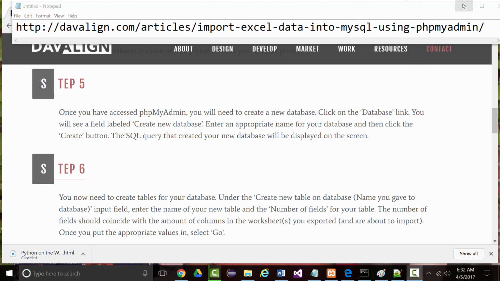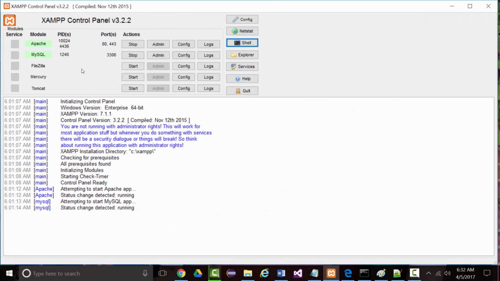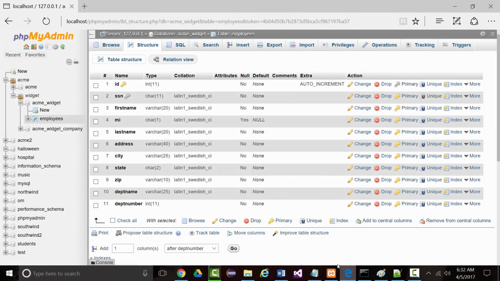In the last video, I went through the first four of these particular steps. So now I'm up to step 5. Once you have accessed PHPMyAdmin, and I went into XAMPP, opened up Apache and MySQL, and clicked the admin button under MySQL. And when I did that, I started up,